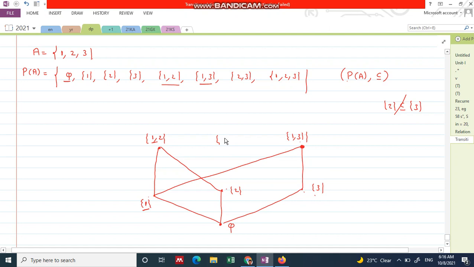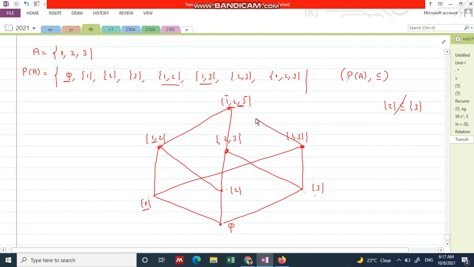Then the next element is {2, 3}. You see that this 2 is in relation with {2, 3}, and singleton 3 is also in relation with it. Okay. Then in the end we have {1, 2, 3}. You see that {1, 2} is found in this, so clearly it is a subset of this. Similarly, {2, 3} is also found in this, so this is a subset of this, and then {1, 3} too. All these elements are in this set.